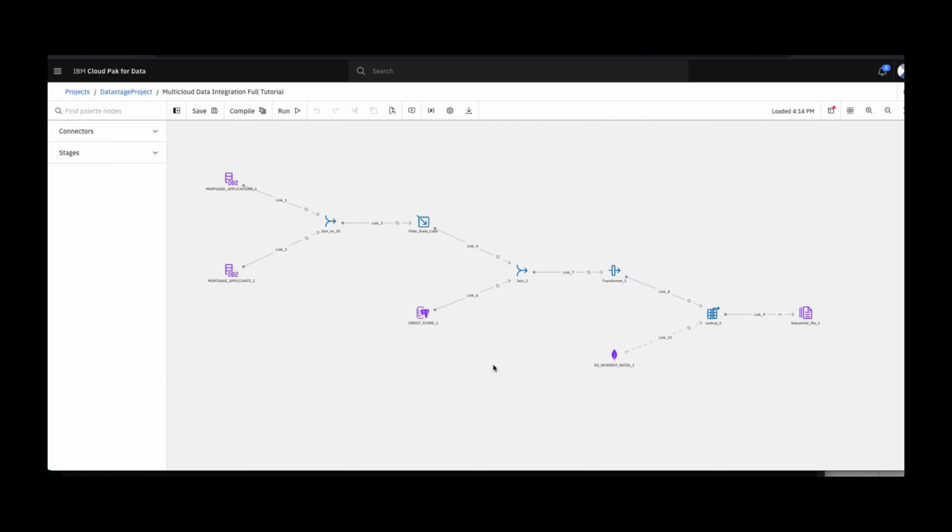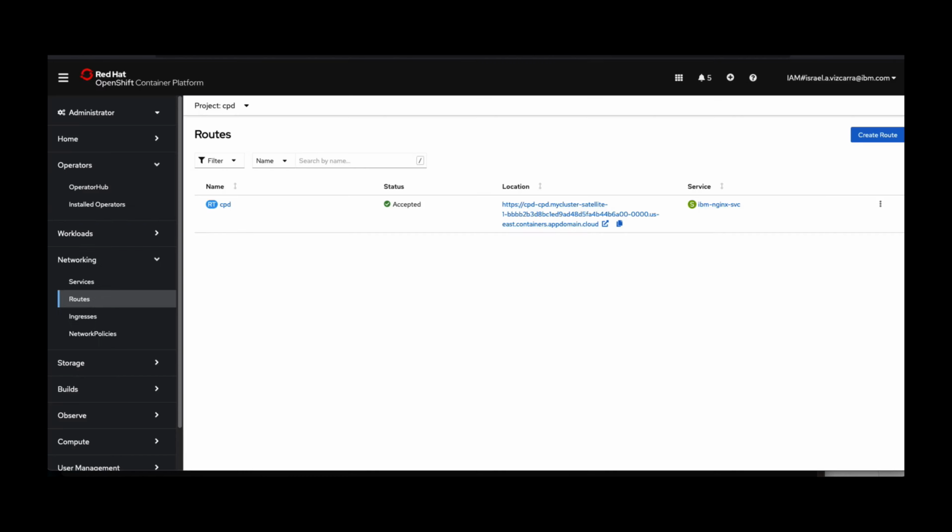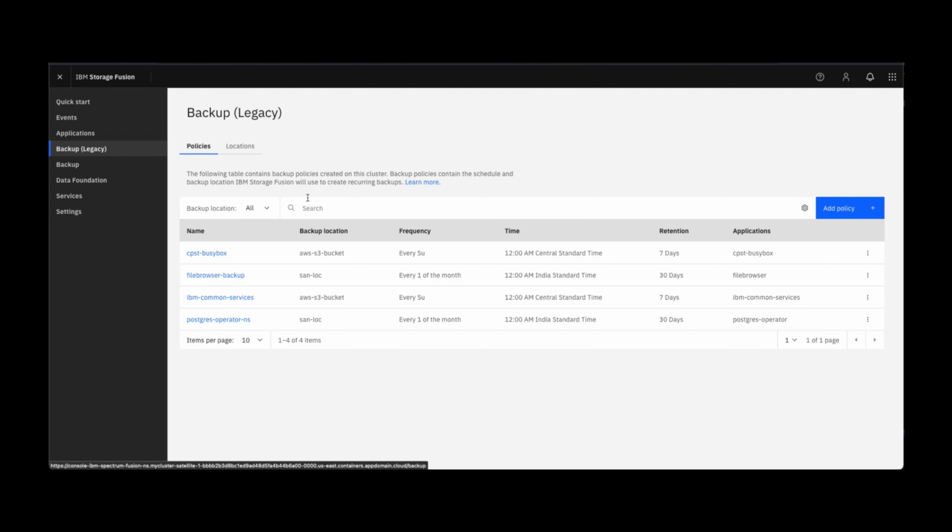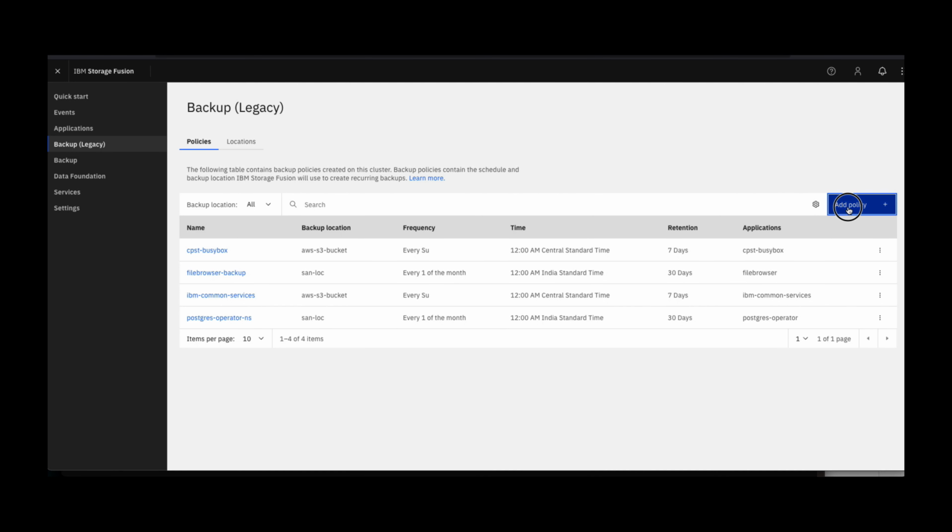So once it opens, we can see it has 4 different databases and several data processes. Next, we go back to the Fusion UI and we will demonstrate how to backup Cloud Pak for Data using Fusion. So we will navigate to the backup section on the left menu to create a backup policy for Cloud